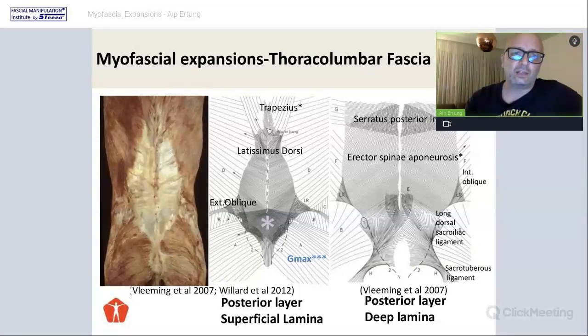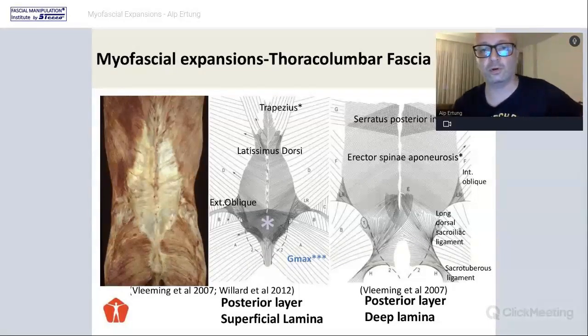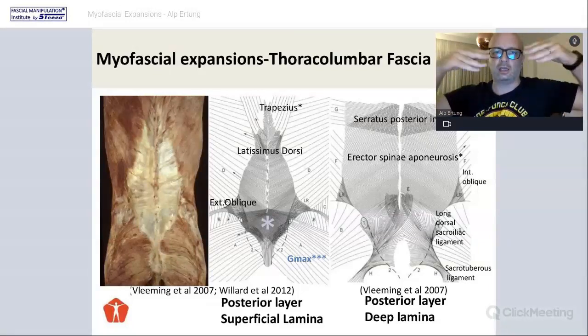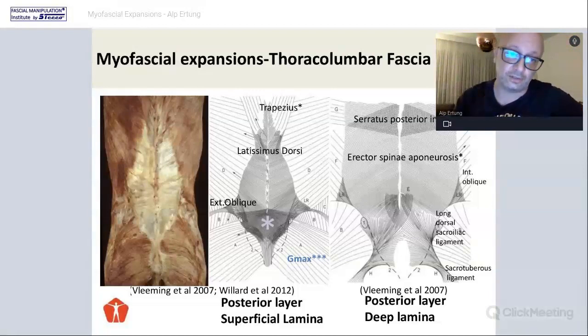It has connections with the trapezius, latissimus dorsi, external oblique, gluteus maximus, and the deep lamina has connections with serratus posterior inferior, erector spinae aponeurosis, internal oblique, long dorsal sacroiliac ligament, and sacrotuberous ligament. So different types of structures are related with each other by the help of